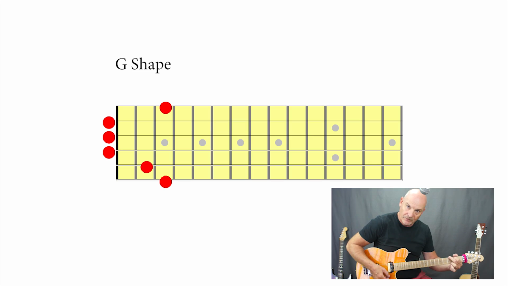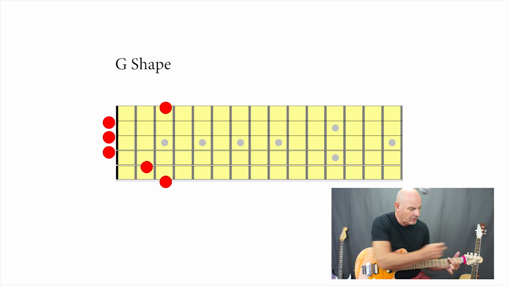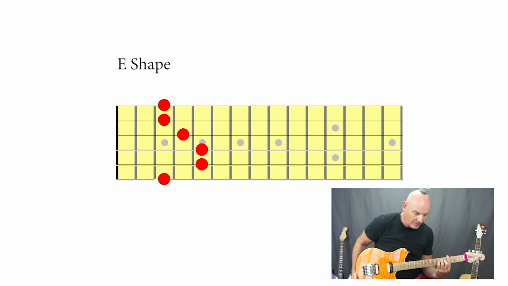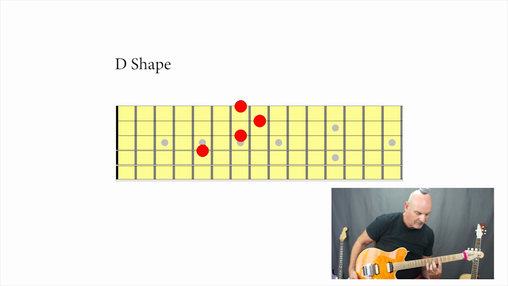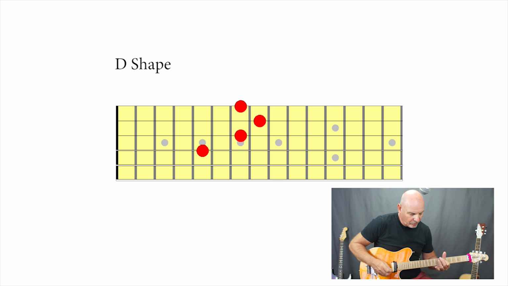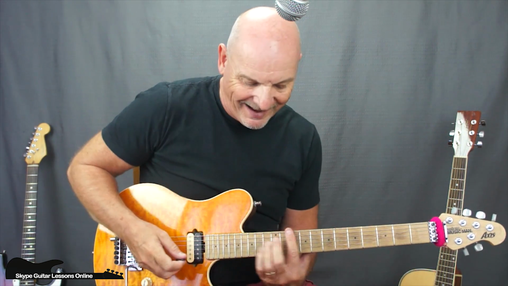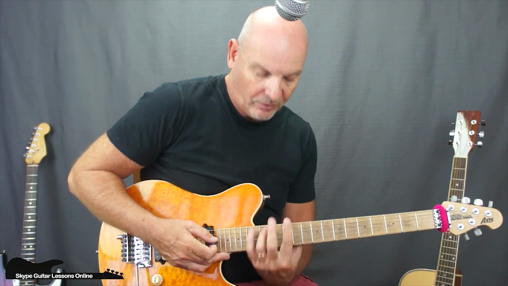G, we can play the full version there because we've got the use of the open strings. We then would go to the E shape, from there we go to the D, and from that there we are going to go across to the C. So we've gone from there, so we know we've got to go up to 10th fret so we can pick up the G. And then we've got the G there. And if we wanted to continue from that, we go back into it again where we're up here on the